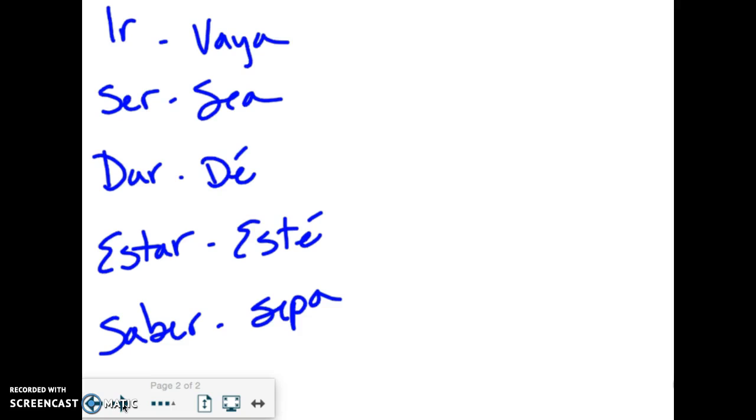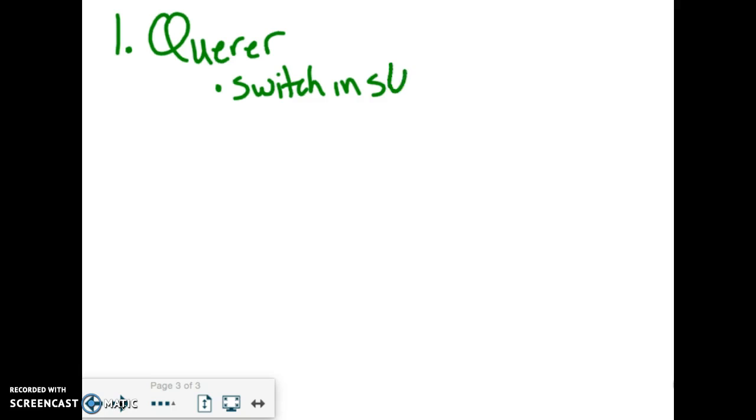Alright? So, leading up to today, the only time that we know to use the subjunctive is with what? We only know, number 1, with the verb querer. When there is a want. Anytime there is a want. But not just a want, you also have to have what? A switch in subject. And what else? The word que. Alright? So can anybody give me an example in English of a statement that in Spanish would be subjunctive?